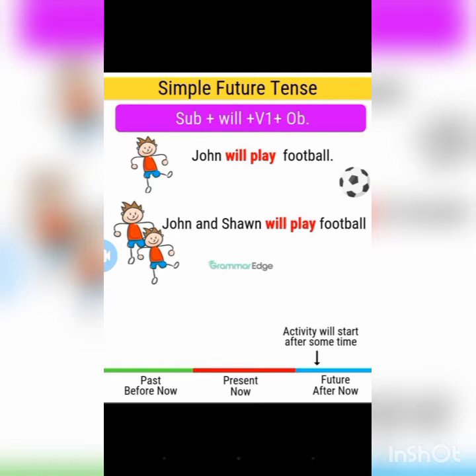Okay, I am going to school. He is going to Ooty. We are going to play. Have you understood? So we will use going to also here, in simple future tense. Have you understood what is simple future tense? Okay, next one is